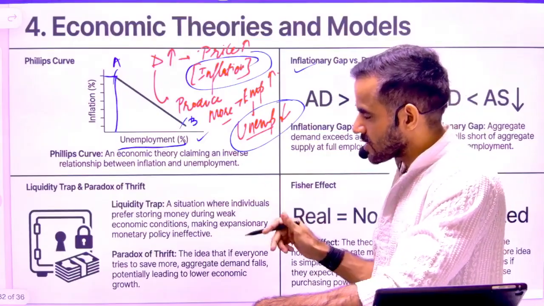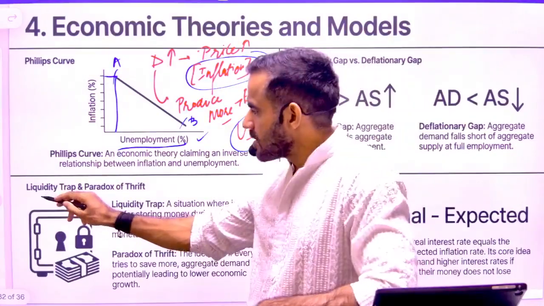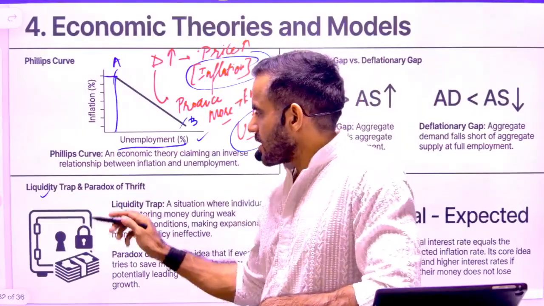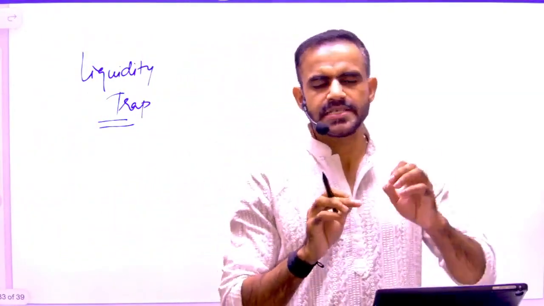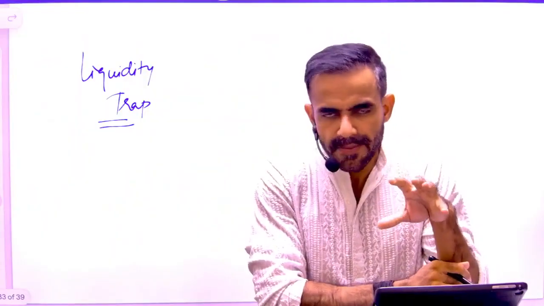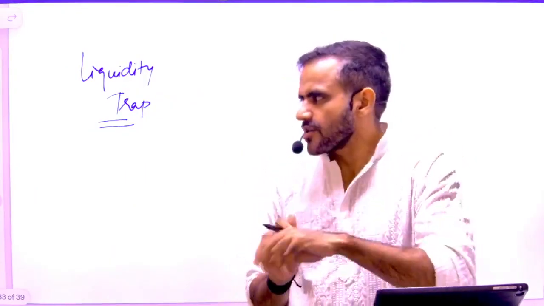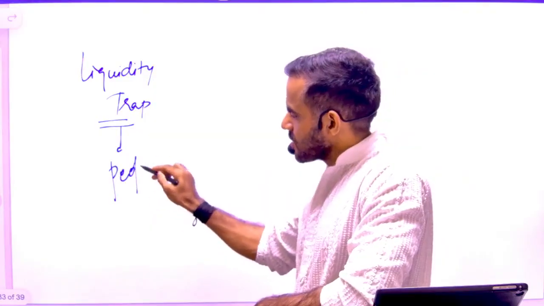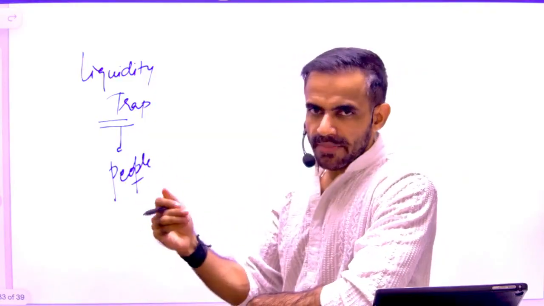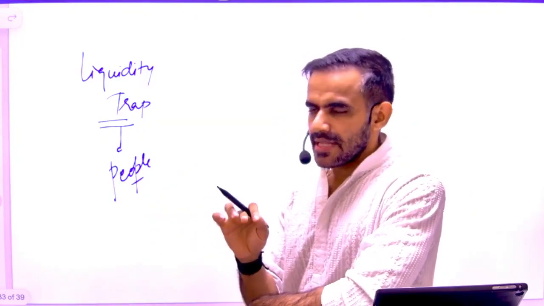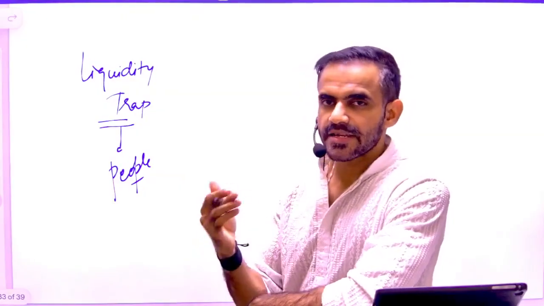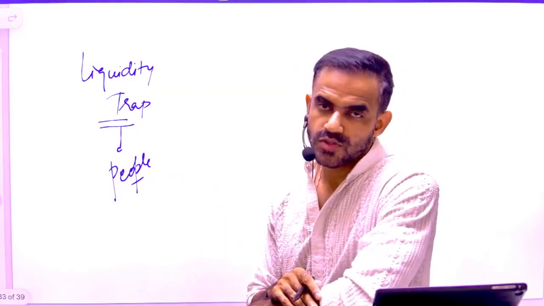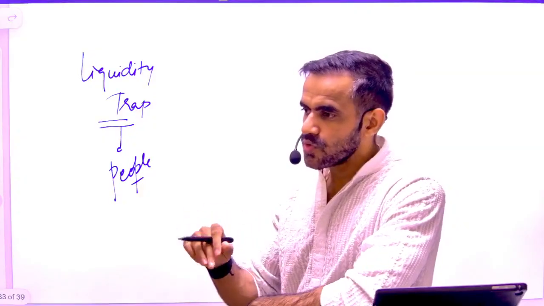The next topic of this Indian economy segment is liquidity trap and paradox of thrift. Now I'm going to explain it using one simple example. What is liquidity trap? Liquidity in a very simple sense means money. Trap means people are not spending money. Let's try to understand it. The entire assumption of inflation, employment, demand, everything is that people will have money. If they have money, they will spend that money and that will create demand. What if they don't want to spend money? Or what if they don't want to use that money?